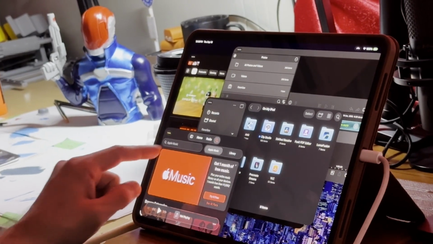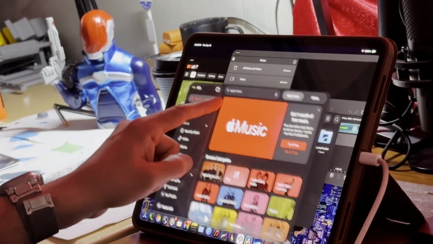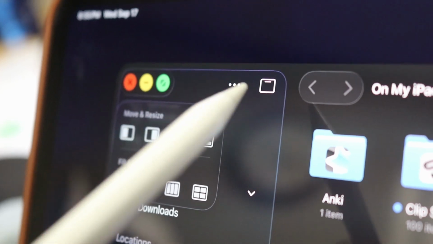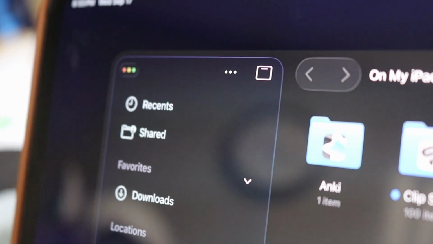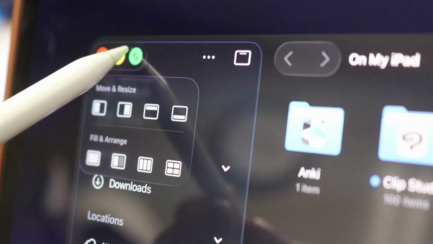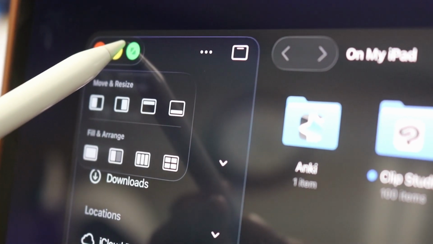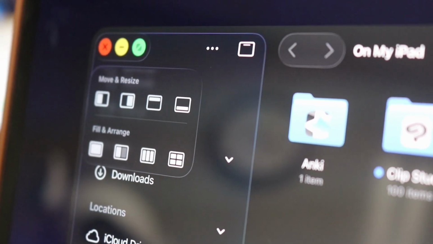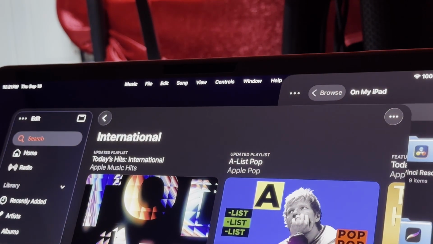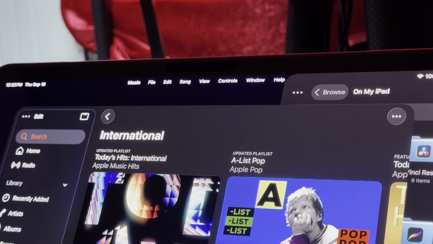So you can see the apps I have opened right now, they have those traffic light icons on top of them. And if you hover over them, they become large, and you can see the minimize, maximize and the close button. If you hold this icon, you get these multitasking options which you can use to put these apps into various views and configurations. The next awesome feature is the addition of a macOS style menu bar to the top of